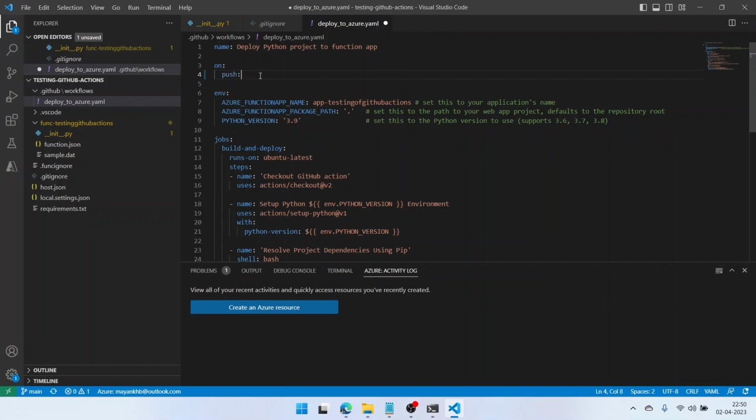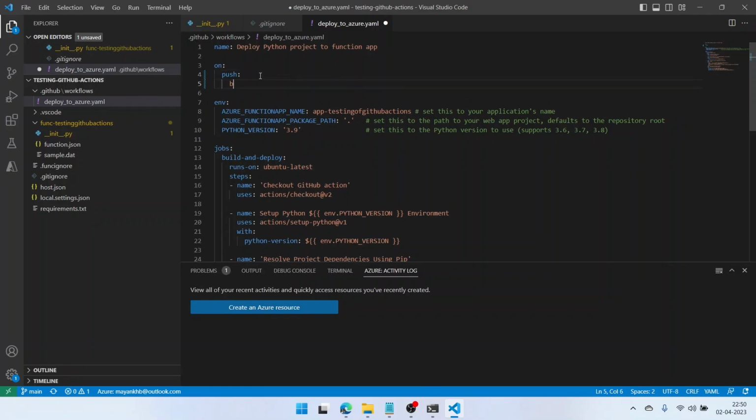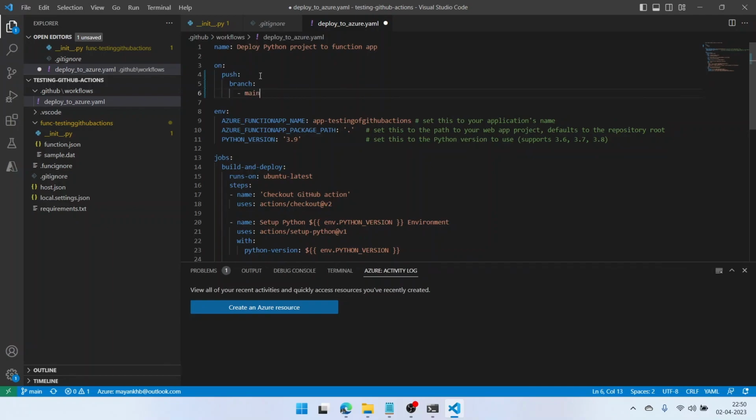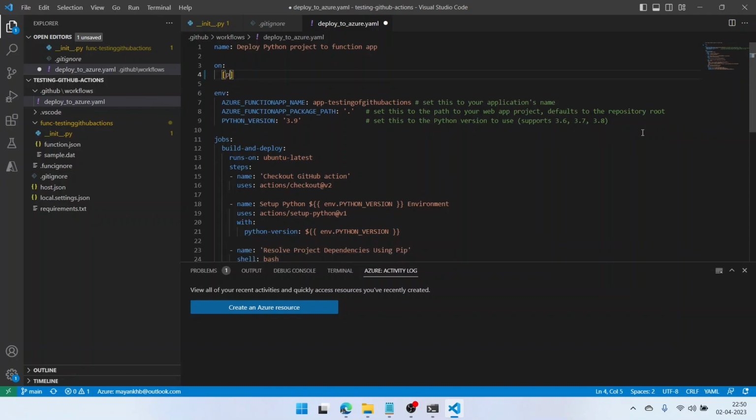So it tells that the GitHub action should run only when a push is made. You can make it further, when a push is made to the main branch. So this is how you can make it branch specific, or you can specify a list of branches here also, if you want to specify main, dev, if you have multiple branches. And you can even use wildcards in it, like star, etc. I'll stick to main, or I'll just go back to our previous one.